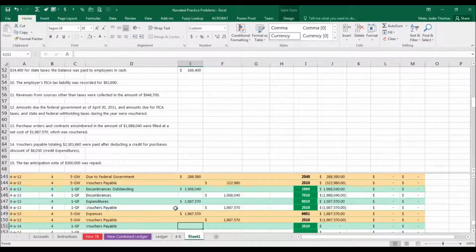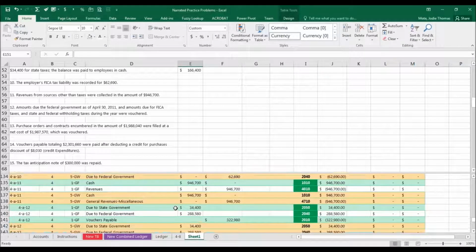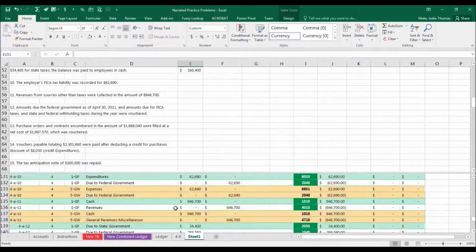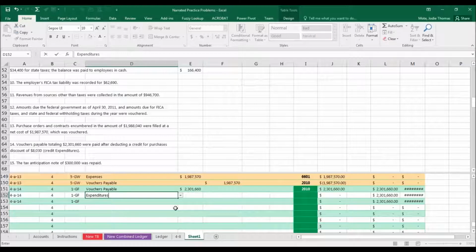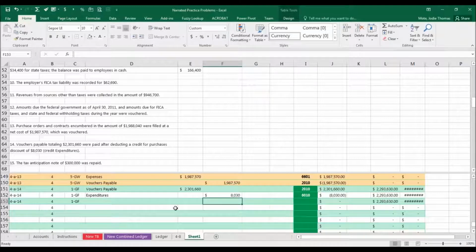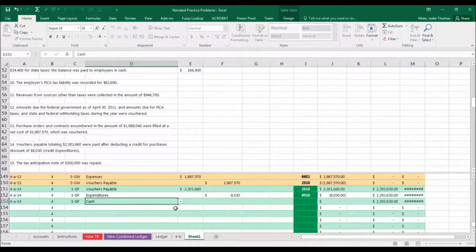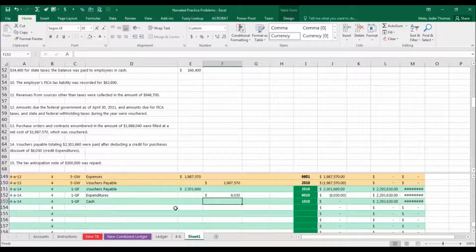And so I don't think that amount is exactly what we recorded earlier, was it? Let's see. No, I don't think so. No. So it's a combination, but basically it's referring to 2,301,660 worth of vouchers payable you've already recorded. Okay, and you're going to reduce your expenditures that are associated with those vouchers payable by $8,030, and so your net amount here is going to be cash. For, again, looking at our check figure, 2,293,630. And the